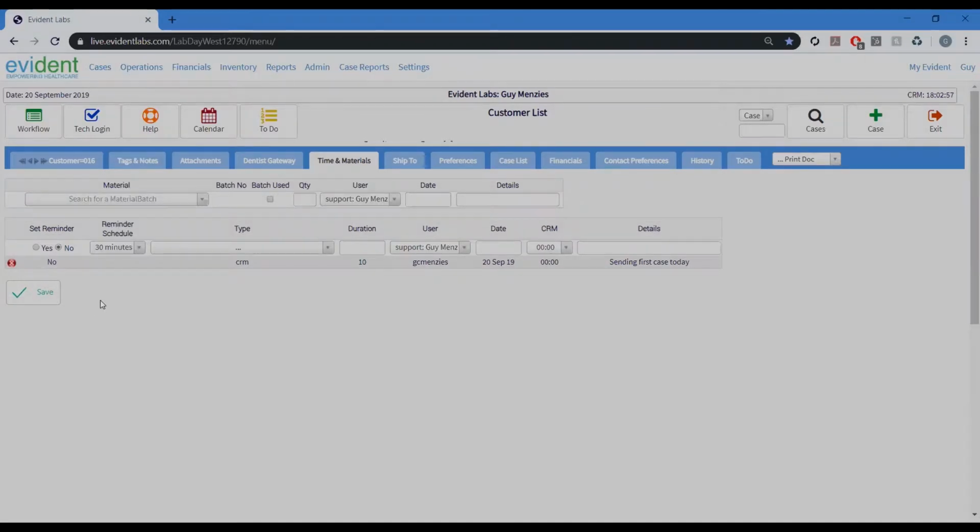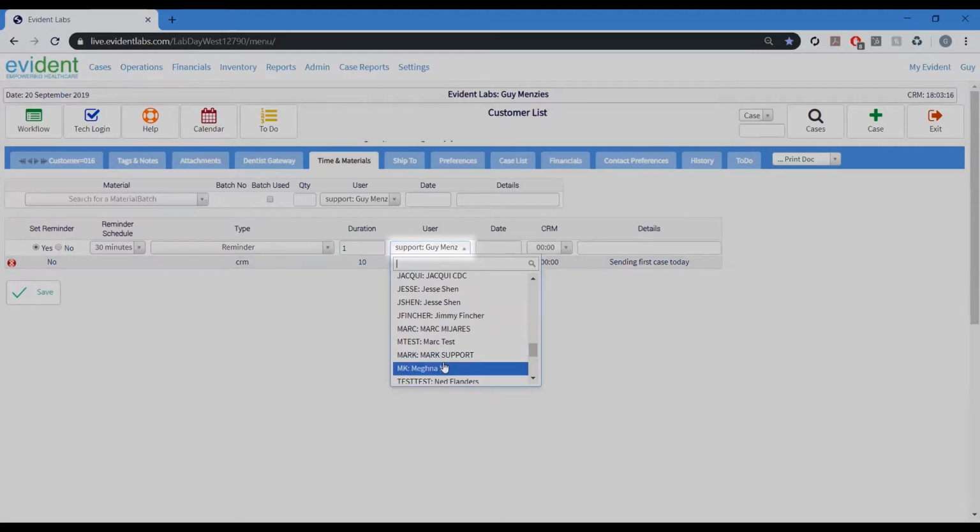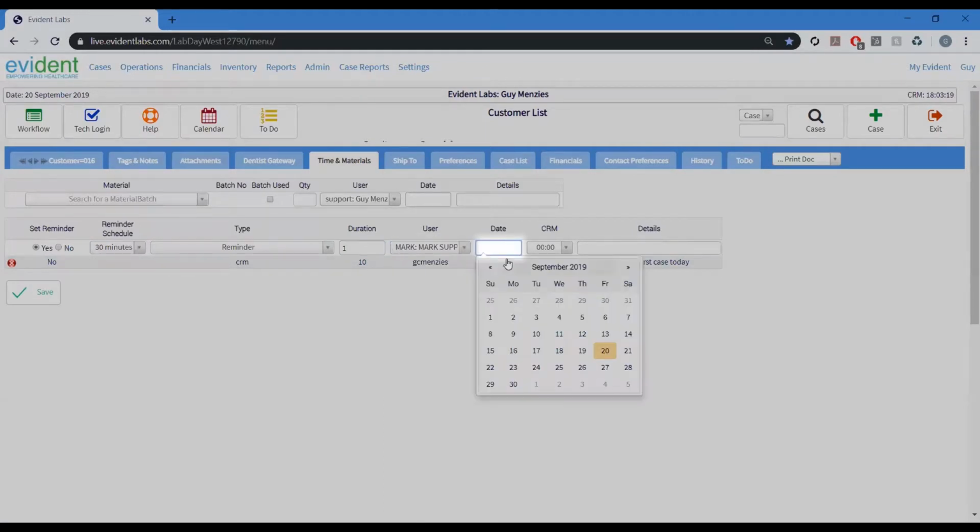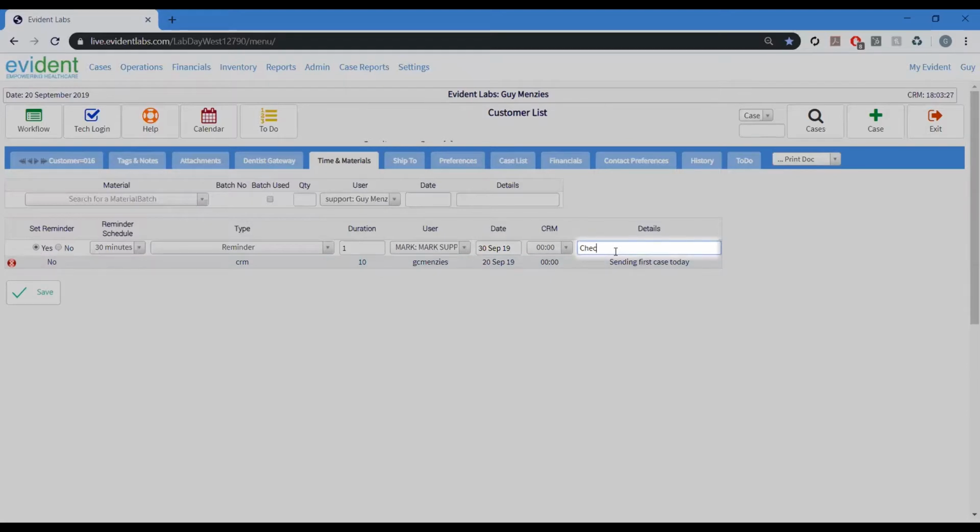What we've also done is set a reminder status to help you follow up on, say, a first case like this. So if you tick the set reminder on this side, schedule it 30 minutes or 60 minutes before you want to make the call. You can select the type as reminder, put in the duration, say as 1 on this one. You can assign it to a particular user. And then you select the date in the future that you want to remind yourself. So if they're sending the first case today, you might want to follow up with them in 2 weeks' time to check on first case. And then click save. And Evident is going to use this as an email reminder to be sent to Mark